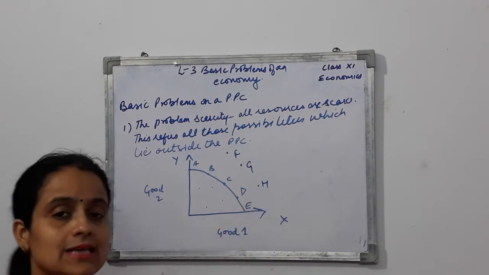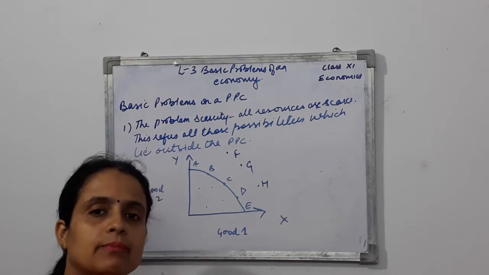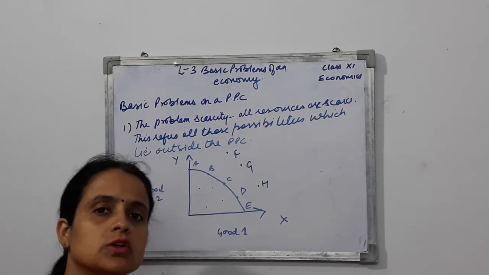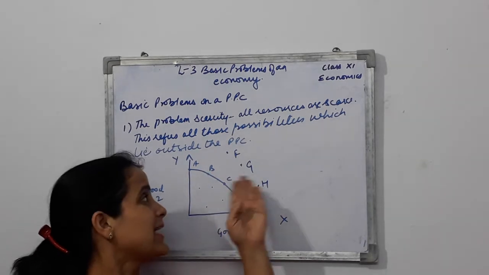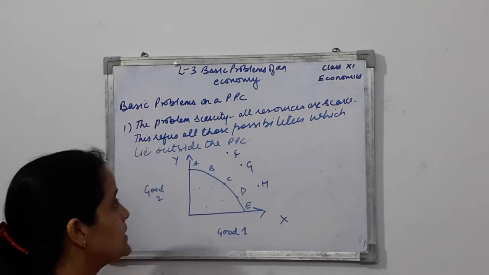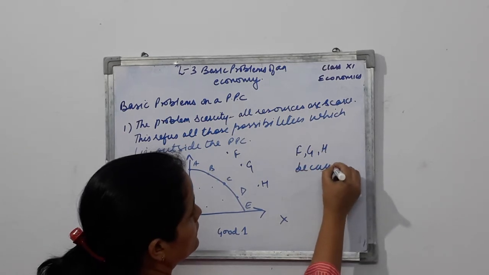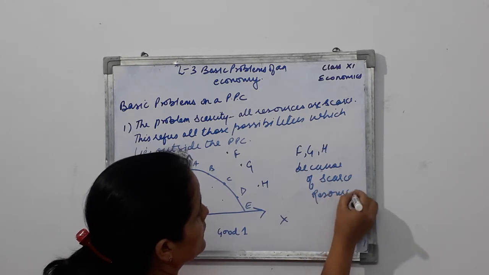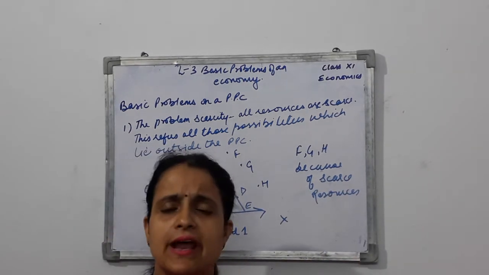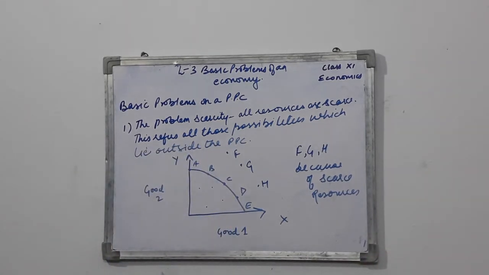Why are these non-feasible? These are non-feasible because my resources are scarce, and even if I try my best and use my resources in the best possible manner, then only I can produce A, B, C, D and E combinations. But I cannot achieve F, G, H. Why can I not achieve these F, G and H? Because of scarce resources. If I had a lot of resources, unlimited resources, I would have achieved any point outside the PPC also. So children,